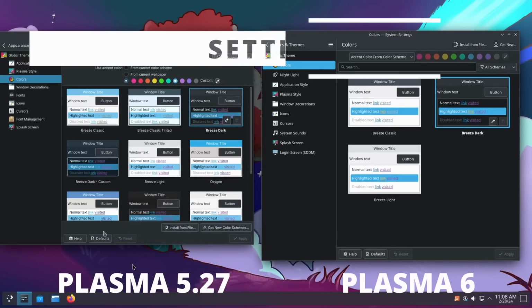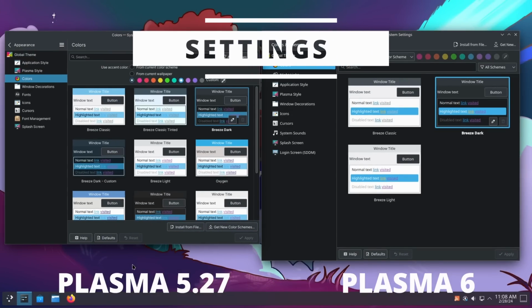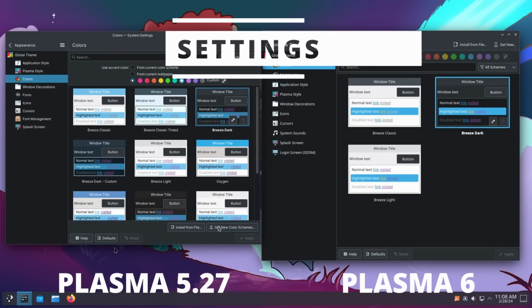It's not as much as I had hoped for a full year of development, but at the same time, it does make KDE feel a lot more polished, especially on the overview side of things and the panel configuration. So those are really great changes, and whether you're a newcomer or someone used to KDE, they're just going to make your workflow better. Now for the changes in the settings,